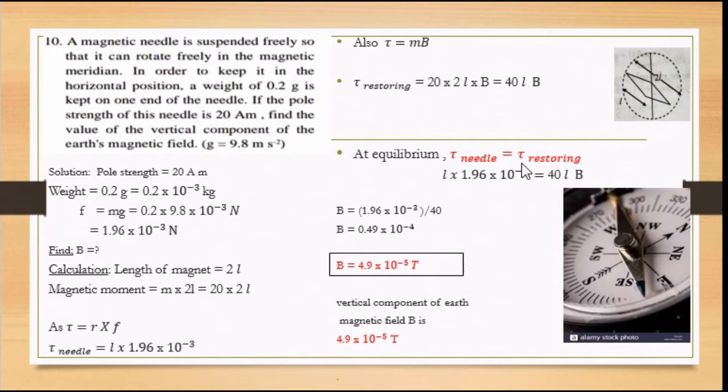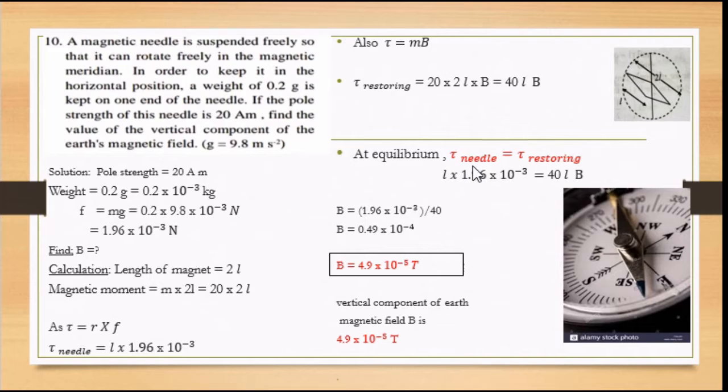This is the condition, and so we will first find out the torque acting on the needle. So it is R cross F. What is R here? R is here L, because the total length of the needle is 2L and the half length, this distance small r, is L. So L cross F, put the value of F. Just now we found this value, you have to put it here.